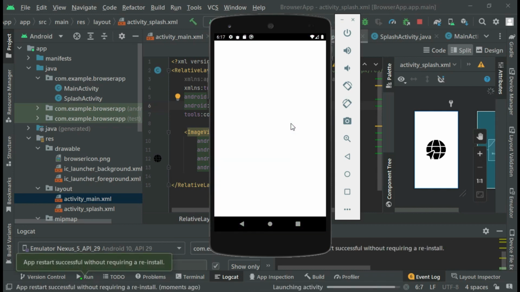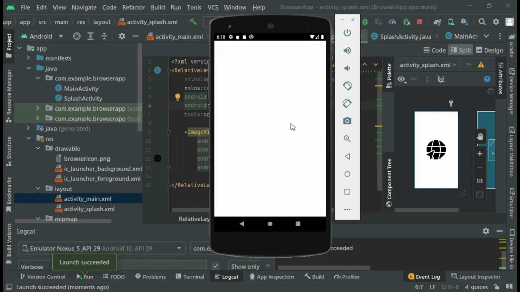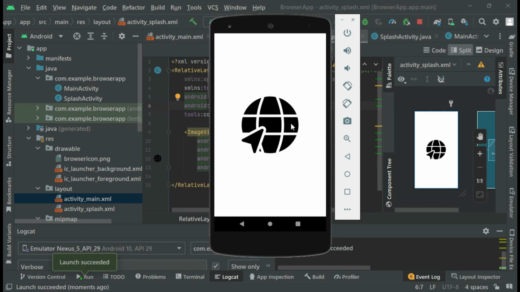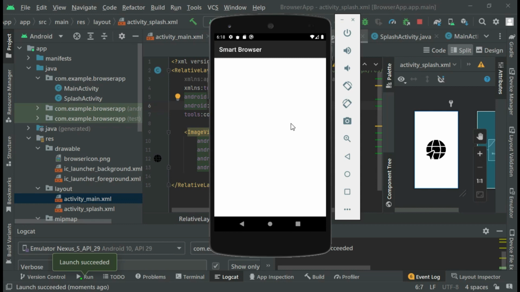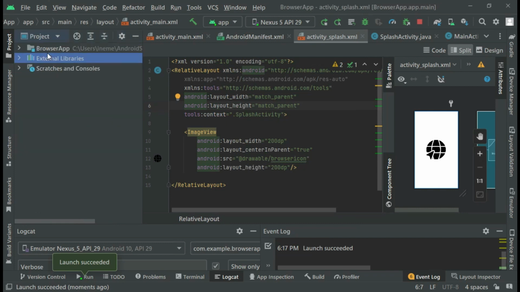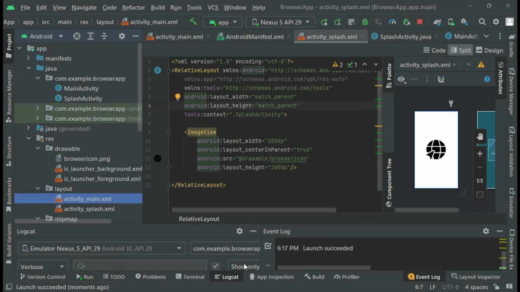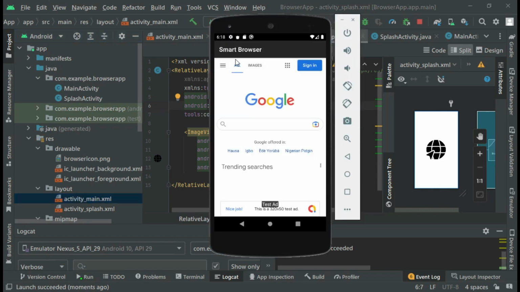You can see that when the app is open on a user's phone, the splash screen will pop up. After the splash screen, it will lead the user to the main activity, the main app. I just named it Smart Browser. If you check here, we created our Android Studio project as browser app, but the name I gave it is Smart Browser. So I'm going to teach you how to change the name, change the color, put the design, and